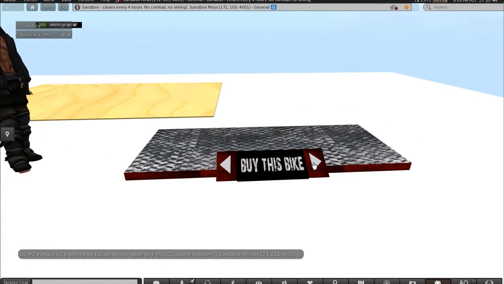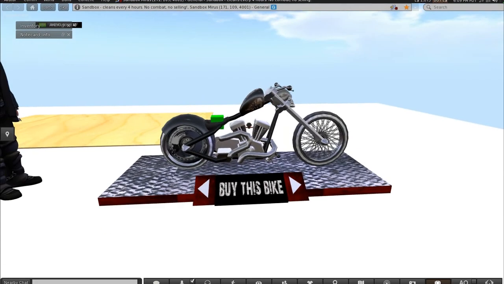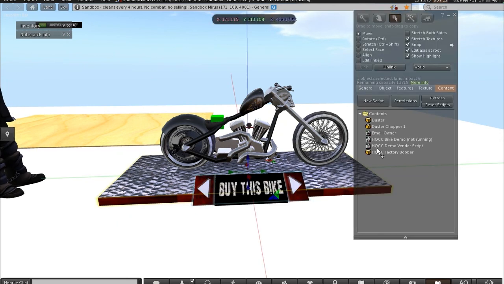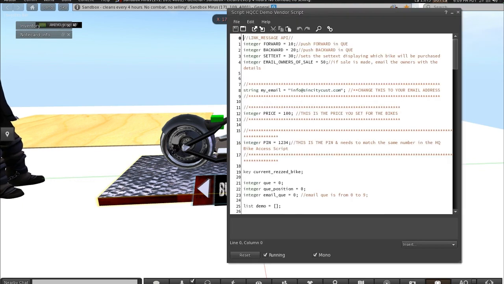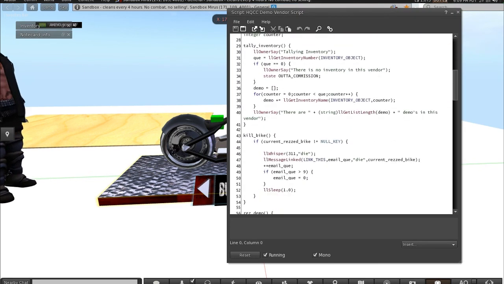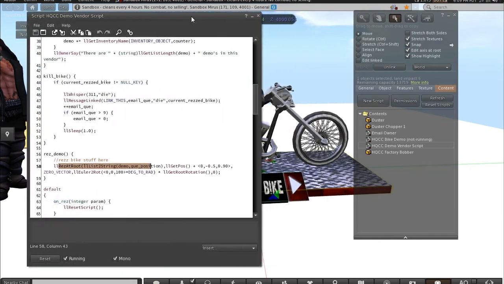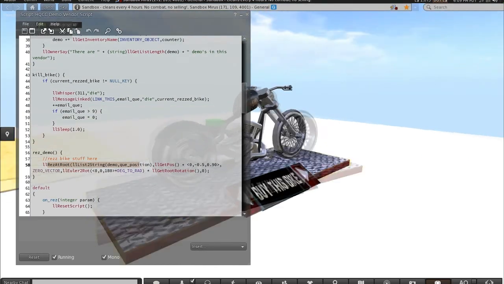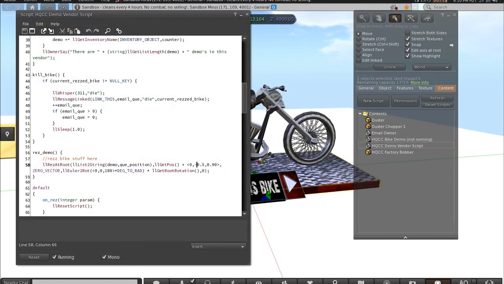Another thing is, let's say you don't like the position of the bike. Let's say you'd like that bike to be a little bit higher. What you need to do is go into the edit, go into this main script here, the HQCC demo vendor script, open, and then scroll down to line 58, which is just here. With this part of the script you can adjust where and how the bike sits. For example, here I've got -0.5. So if I change that to a 2, and I save it, reset,